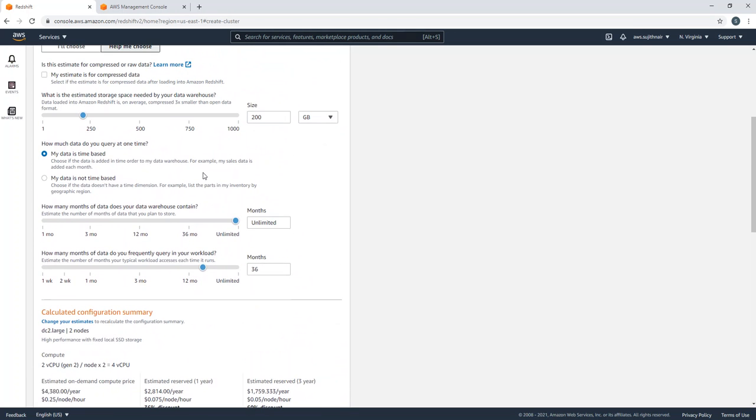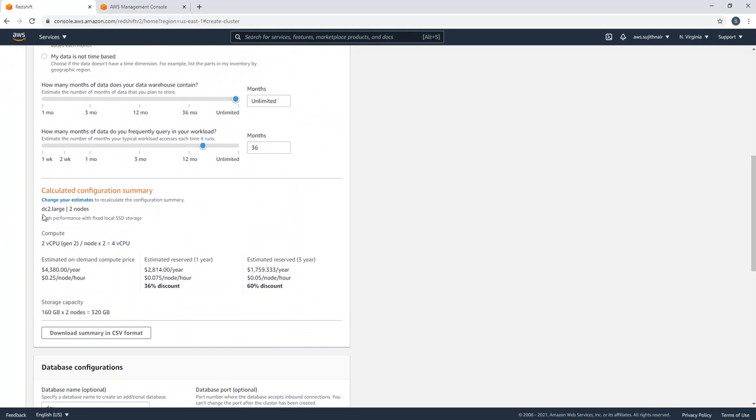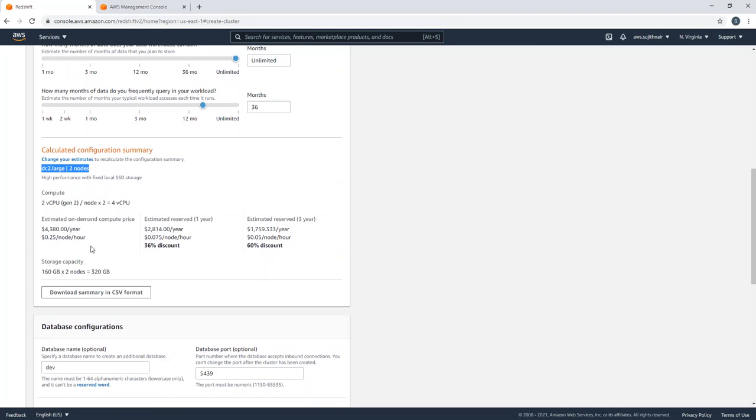And based on this input that I gave, which could be different in your organization, it is going to tell you its recommended configuration. It is also going to give you the approximate cost for a year, and the storage capacity. You can always download this in CSV format, and the reason why you would want to do that is so that you can send it to your manager or whoever is responsible for costing